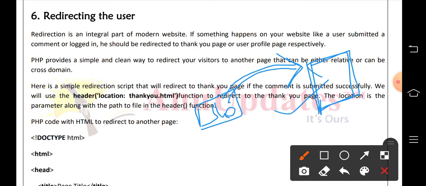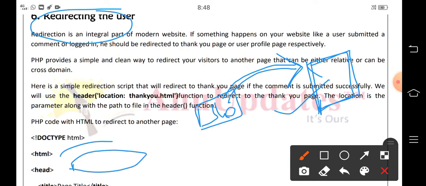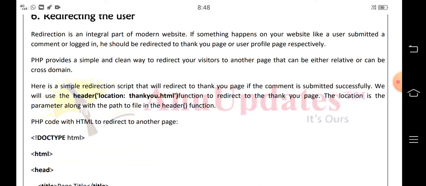This is done by redirecting the user. And when we are accessing some website, at the bottom you can see some messages blinking, redirecting. There you can see redirecting. Okay, getting?